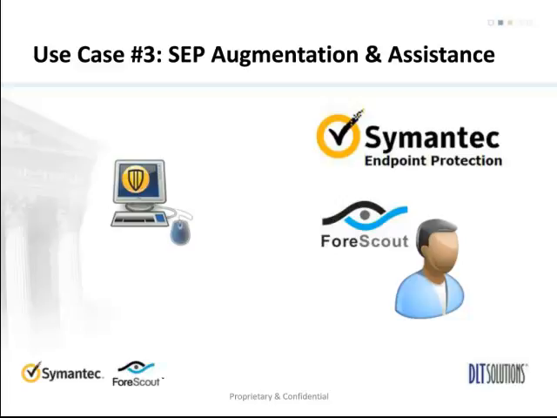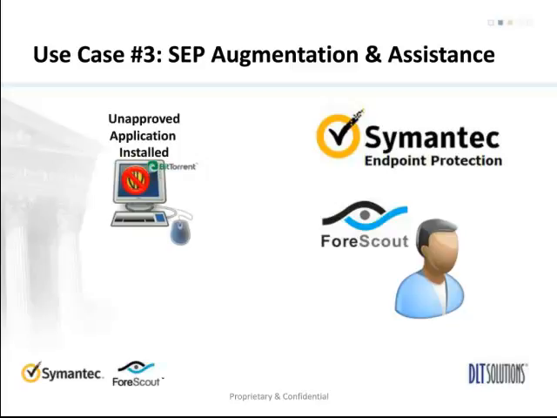In this particular case, we have SEP protecting a host, and for whatever reason, that agent stopped. Maybe an administrator stops that agent. And then, upon being stopped, an unapproved application gets installed. ForeScout is sitting there on the wire and watching this device and notices that this agent stopped, and it can inform Symantec and an administrator, maybe via an email, restrict access to that device, restart the agent. The agent then detects this unauthorized application and can remediate it. And upon remediation, access is restored.